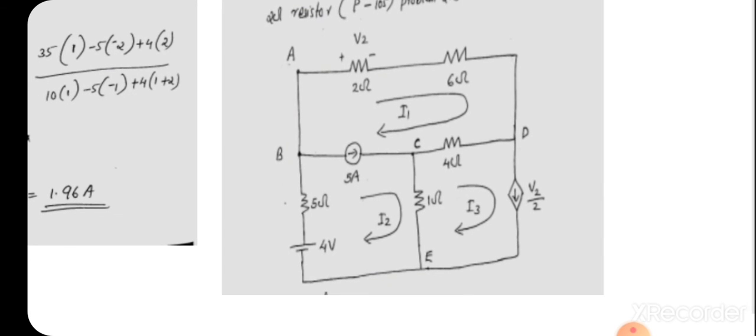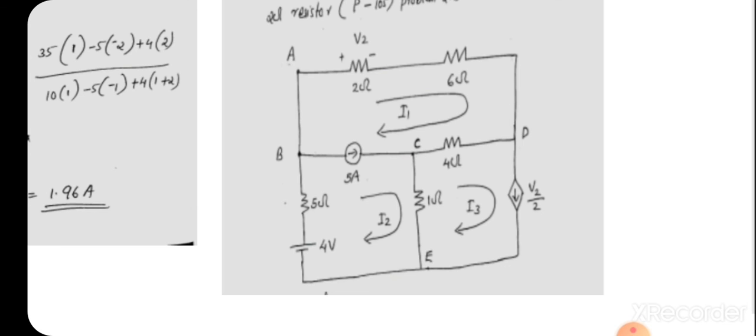First of all, you look at the circuit. There is a 4-volt source, then a 5 ohm resistor, and a 5 ampere current source, a 1 ohm resistor, a 4 ohm resistor, V2 by 2 is a dependent source, and a 2 ohm resistor and a 6 ohm resistor. That is the circuit. The circuit contains a voltage source of a 4-volt battery. It contains a current source of 5 ampere. Again it contains a voltage source. Sorry, it is not a voltage source, because it is a dependent source and there is an arrow mark inside the dependent source, so it is a current source. So there is a current source having value V2 by 2.